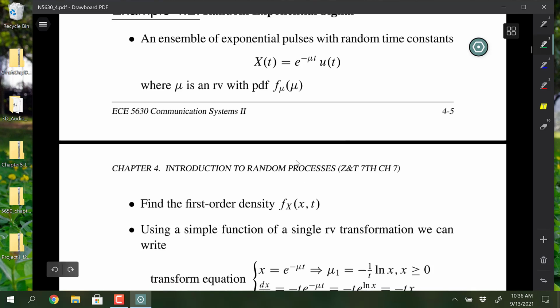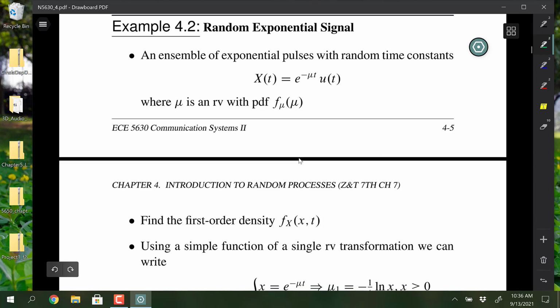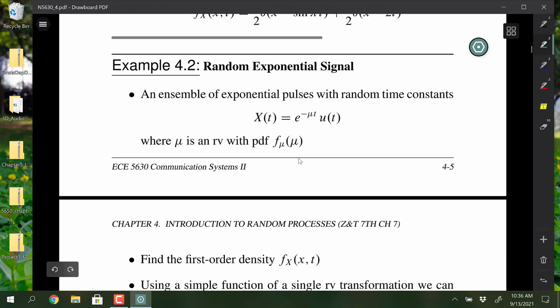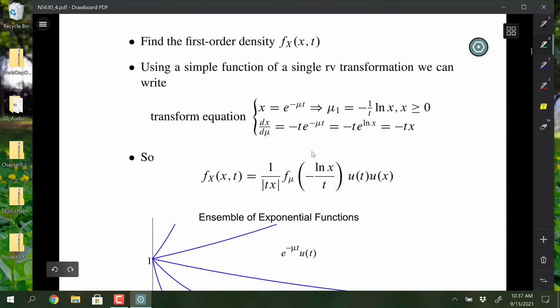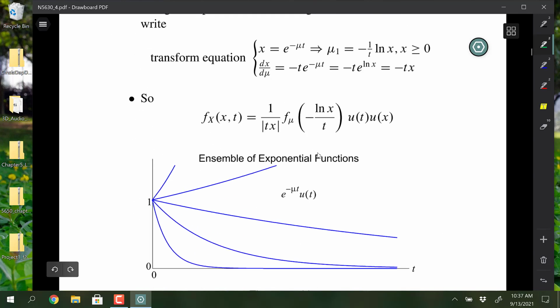Just a quick other example, this is a different way of defining a random process. This is just a function of time that also has a random parameter in it. So this one is different than the first example. Mu has some density associated with it. So if we start drawing out the sample functions in the ensemble, it's a collection of exponentials, and then we have to think about